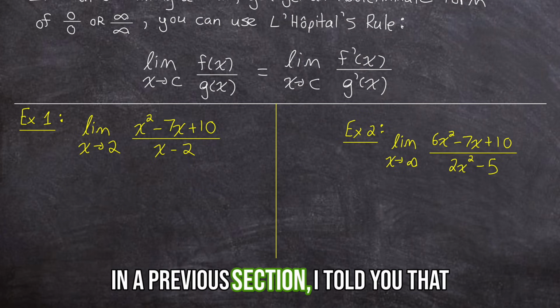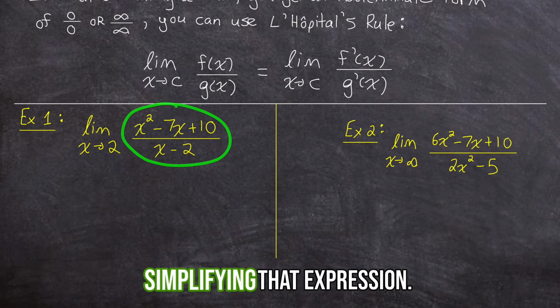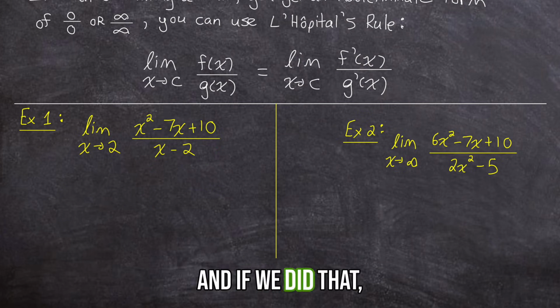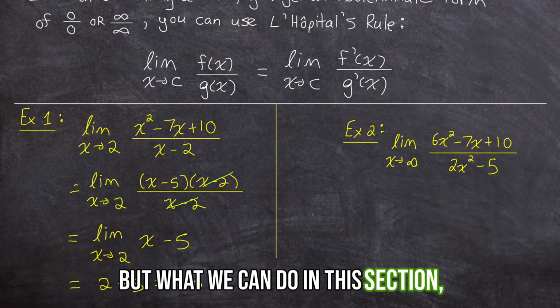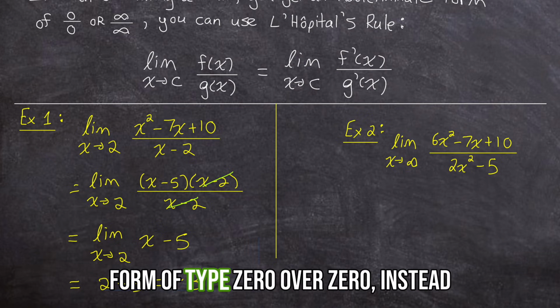In a previous section, I told you that you could try factoring and simplifying that expression. And if we did that, I would be able to cancel these factors of x minus 2, and then find the limit as x approaches 2 of this simplified function, which would just be 2 minus 5, which equals negative 3. But what we can do in this section, when we have that indeterminate form of type 0 over 0,